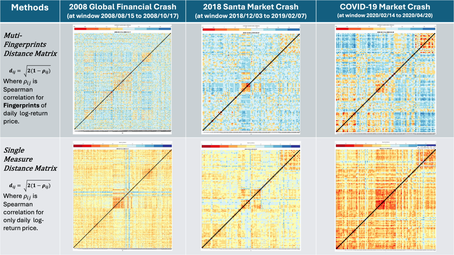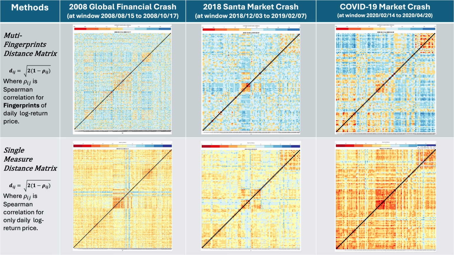These are the matrices from the window period covering the most turbulent windows for each crash. As you can see, the bottom row can only tell you that every asset is highly correlated, by showing a strong yellow color across the whole matrix, and it is hard to distinguish each asset from other assets, or the sectors in the market, at any instant of the crash. But the top row, which we get from fingerprints, still shows different patterns, which supports the idea that a multi-dimensional measure can capture more information.